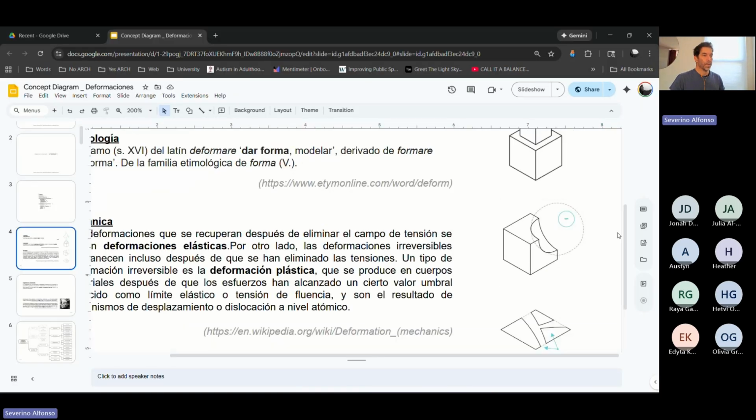So let's do this one, for example. I think it's minus. This is like Boolean operations. I cut away from my geometry with this other object. This is like more carving diagram. So